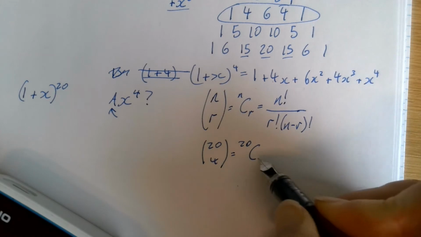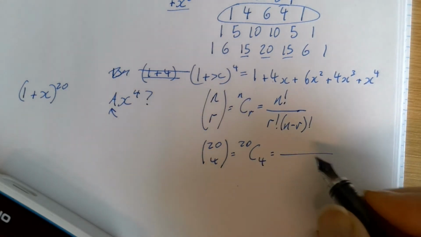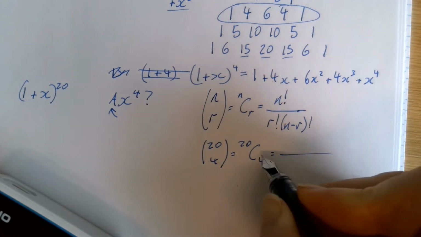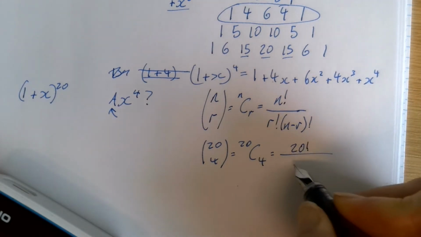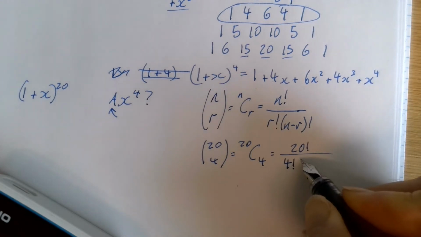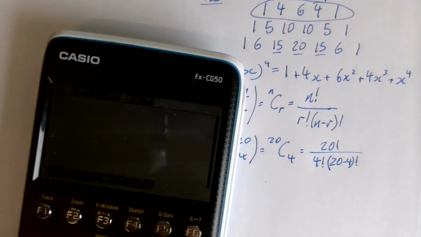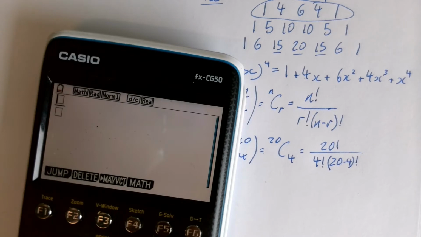So we're saying 20 choose 4. It all comes from probability, this little nugget. So that would give us 20 factorial over 4 factorial times 20 take 4, which we do know is 16. So I could whack that into my calculator and get,